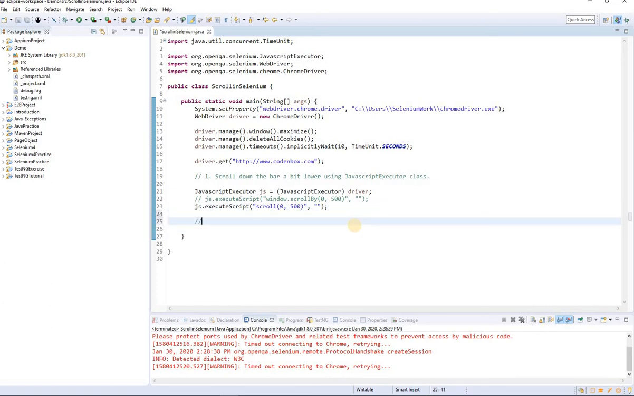Number two, we'll see how we can scroll down all the way. Scroll the page all the way down. Okay, how can we do this? The same thing, we're going to use scroll, this part. The same method we're going to use, js.executeScript, and then